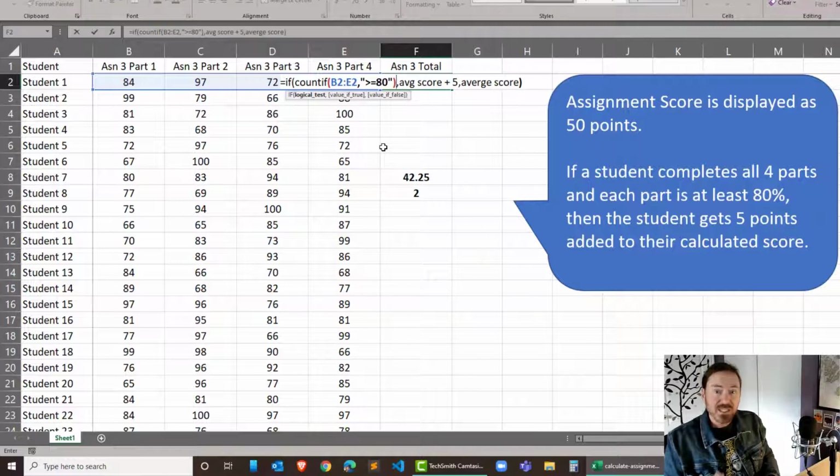Now, I want that count to be equal to 4. It can't be 3, can't be 2, can't be 1 or 0. It has to be 4. Now, if that COUNTIF of greater than or equal to 80 is equal to 4, then the student must earn